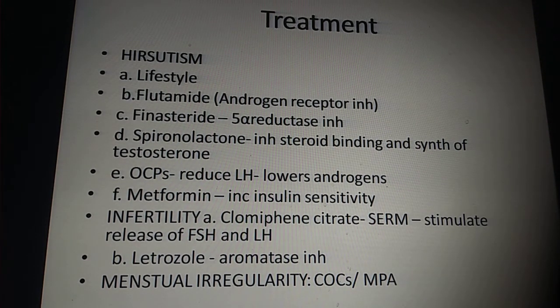This is because you are not really looking for ovulation as such. So you don't have to trigger ovulation, because it may not work also. Every cycle you cannot keep on giving clomiphene citrate. Whereas if you give COCs and MPA, it might reset the HPO axis, and if you treat her for 3 to 6 months, she might end up having normal cycles. That is along with lifestyle changes. And with COCs, if you treat for about 3 to 6 months, they might go back to a normal HPO axis and normal cycle, or you might have to treat them for a long period. Make sure that she doesn't go into amenorrhea or oligomenorrhea.